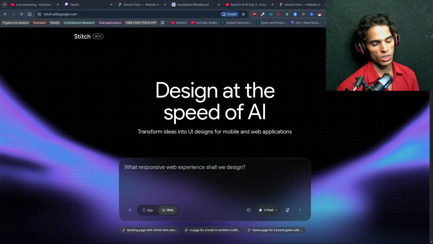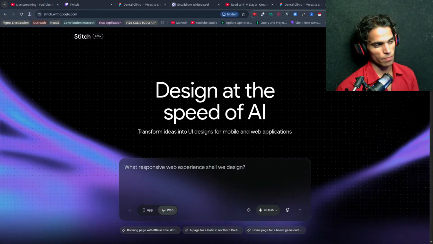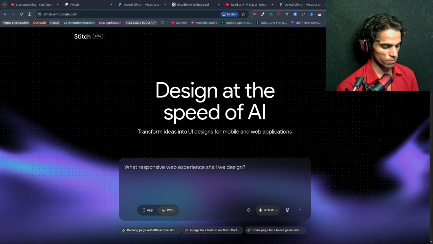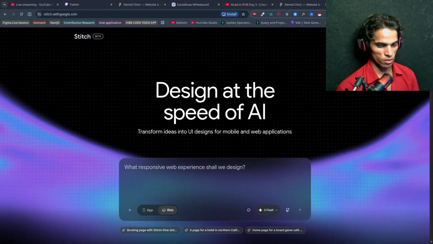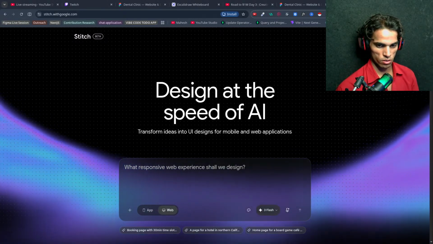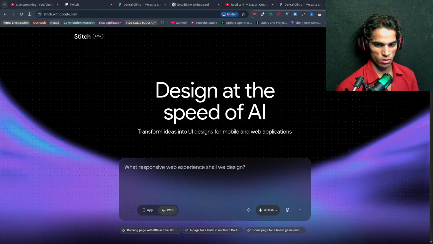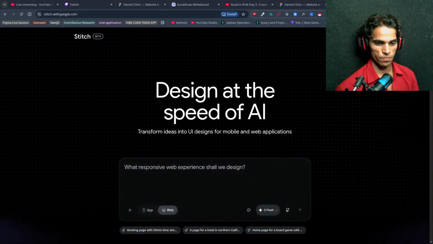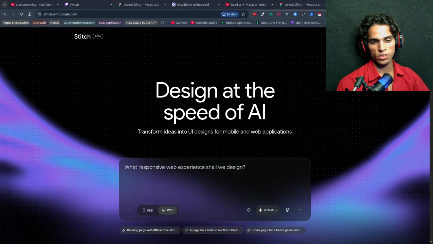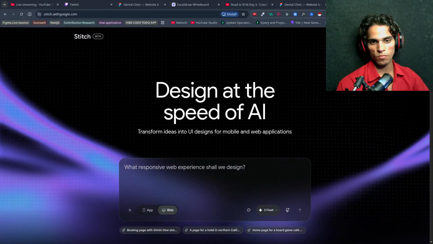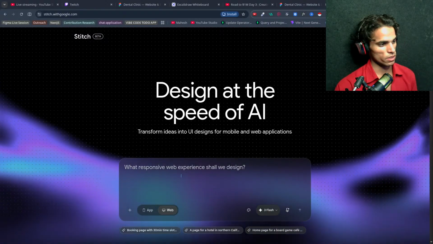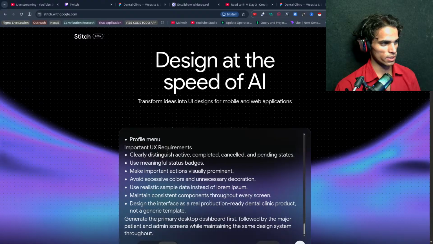But yeah, we can use Stitch when we don't have much time. Okay, so I would like to give it a prompt. So let's pass the prompt here and see how it creates.